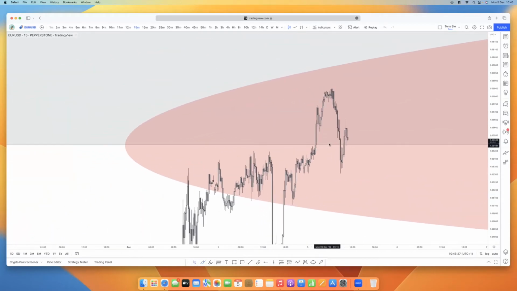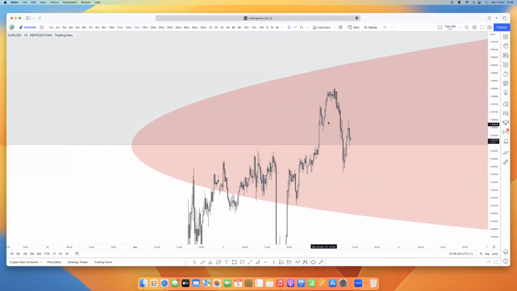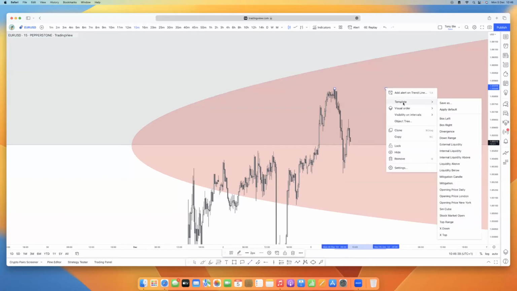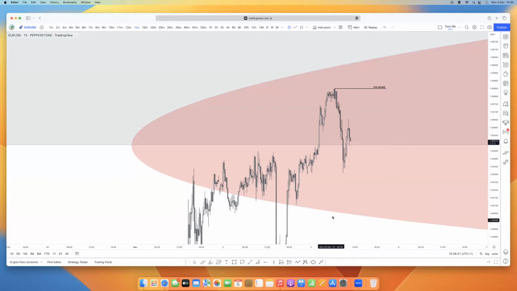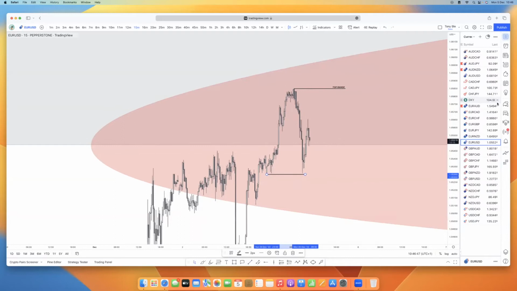So something like this, we see the structure shift also to the downside, right? It's high, it's low, high, and then we have this. So we have this as the range. Okay, yeah. So more like the top range, yeah. And now it's making sense on EU because I see this liquidity. Was this liquidity there on the DXY?